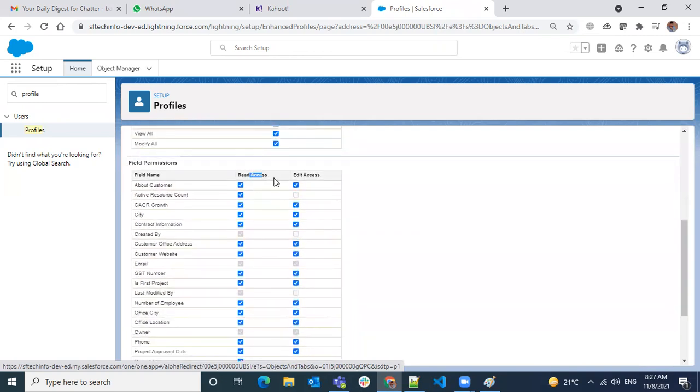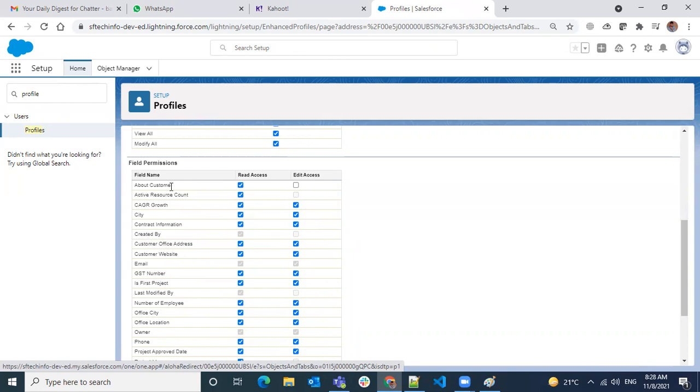So in each field also, again, you have different checkboxes, whether you can see that field or not, and even though you see it, if you remove the edit access, then those fields look like read-only fields for you. It doesn't mean that what you see as read-only in your detail page, I mean in the edit page, doesn't mean all are not editable. Even if you don't have edit access, you don't see an option to edit those fields.